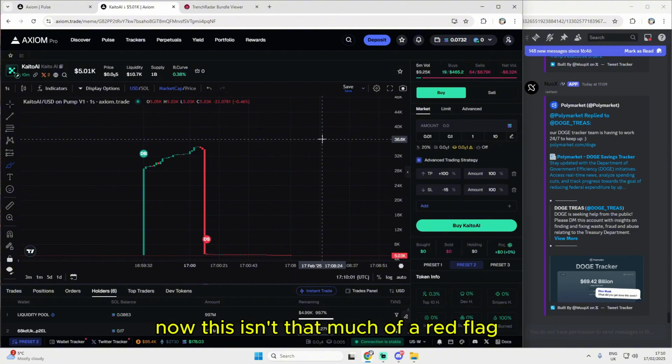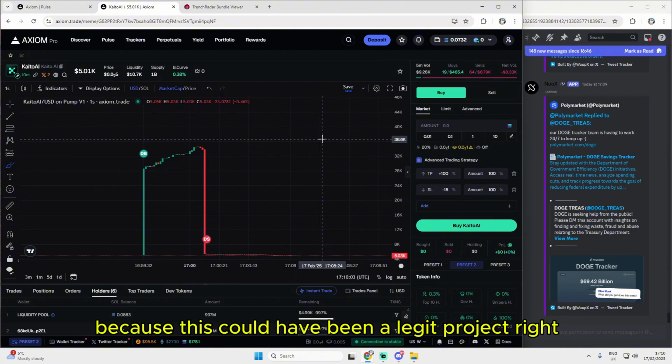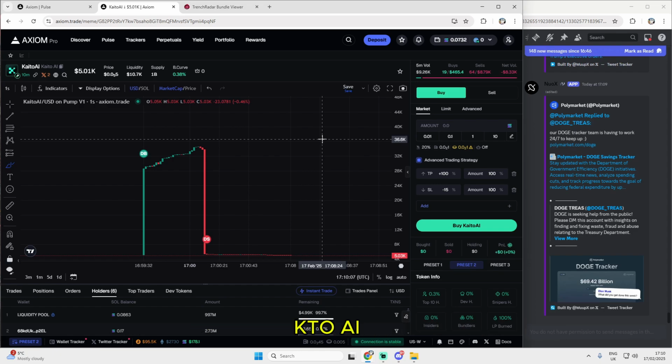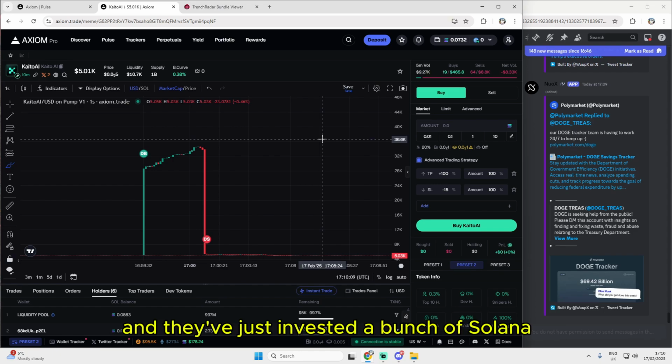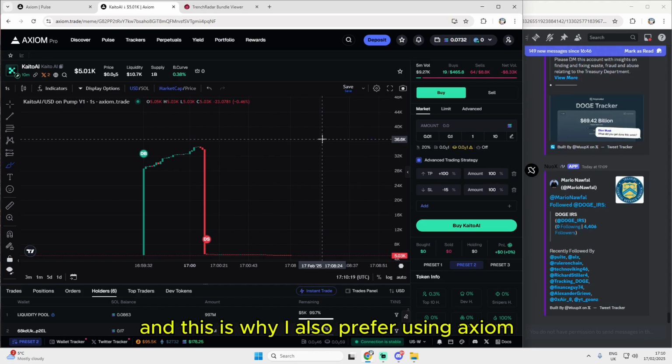Now, this isn't that much of a red flag because this could have been a legit project, right? It could have been, Kato AI, and they've just invested a bunch of Solana and they've released a coin and people are just pumping money into this. Like, this actually does happen, guys. The only problem is, and this is why I also prefer using Axiom,